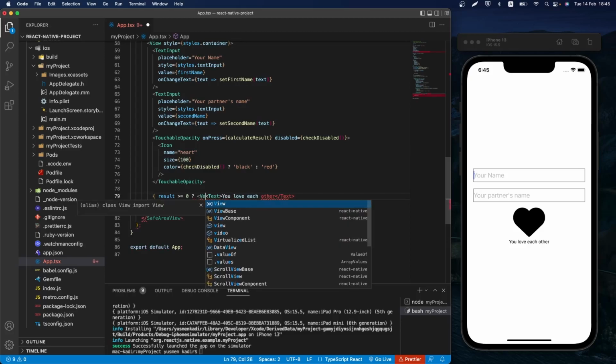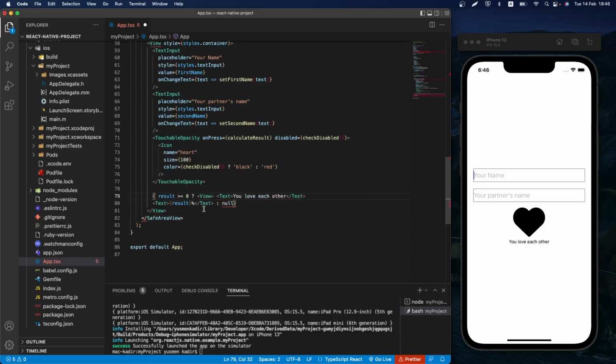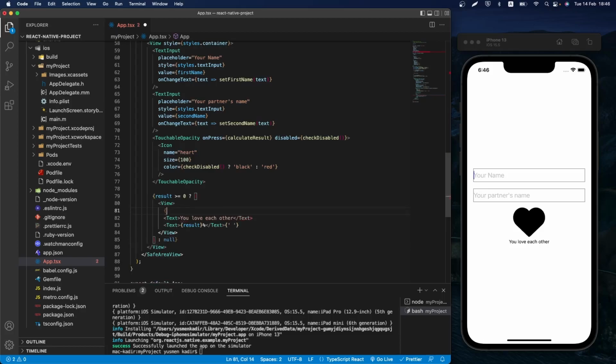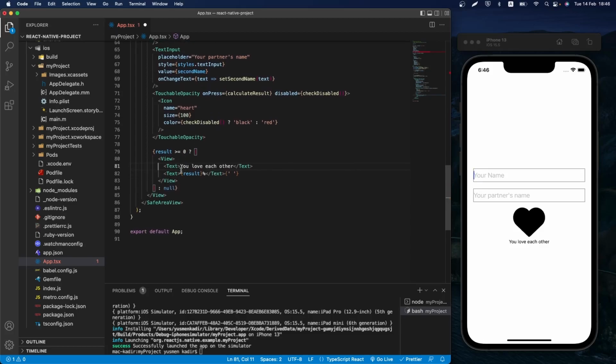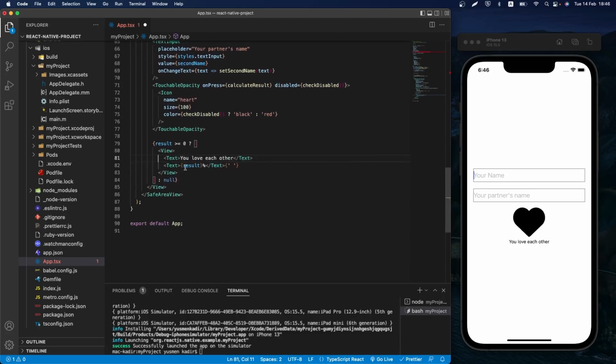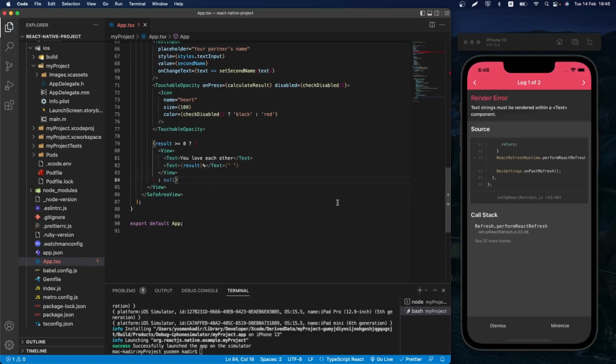Okay, we can actually wrap this whole thing in a view. And I believe after we do that, we will be able to render this condition. So if result is equal or greater than 0, then print out the result, else don't show anything. Now when I save,